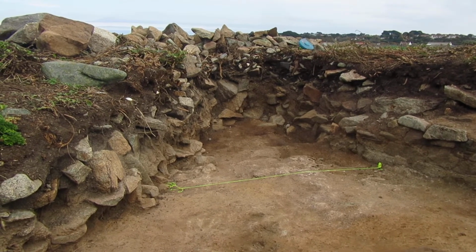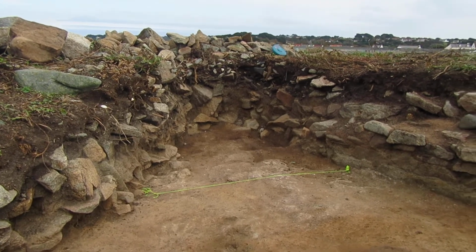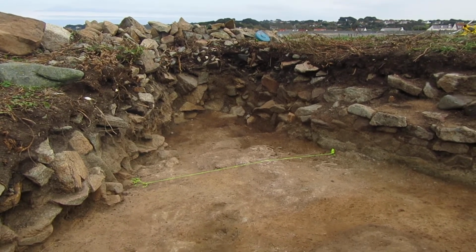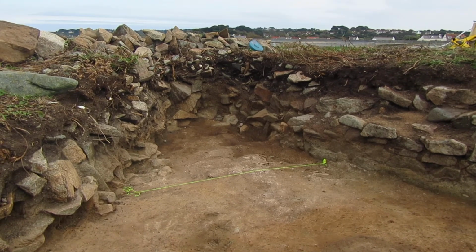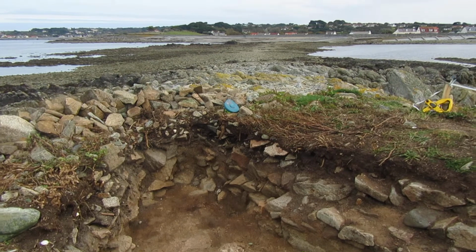So we've got on well with the rest of the site as well, but I can't really show you a lot of that today because of the wind factor. But I'll just stand up and look at the tide slowly coming up a bit, and